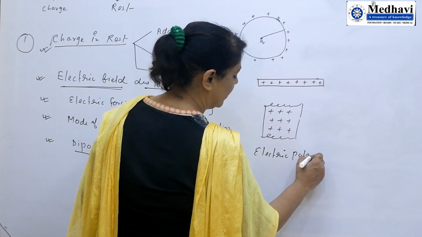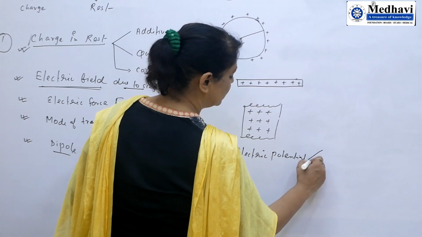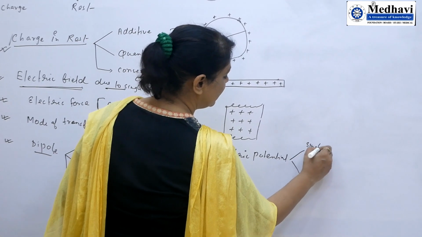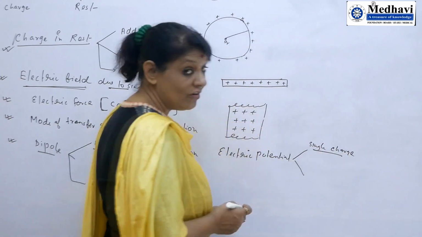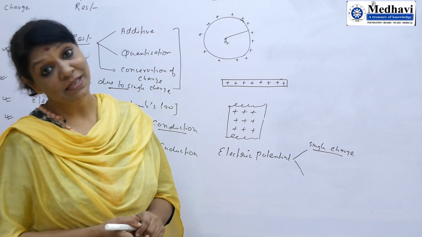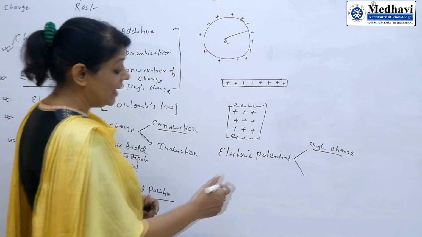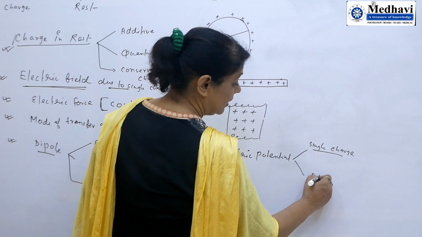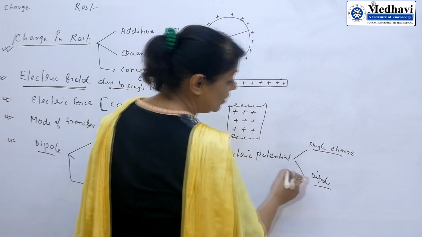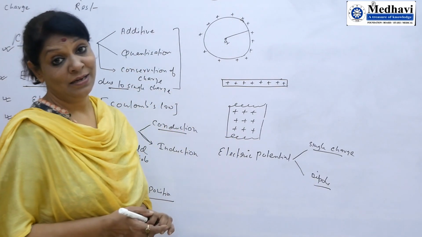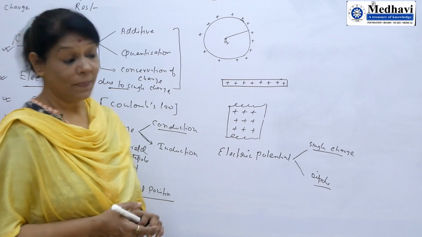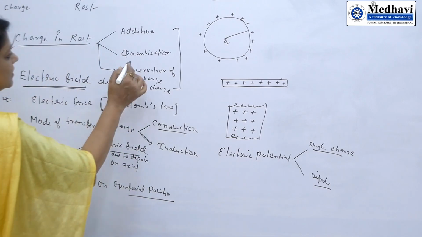Again we have to focus on electric potential due to a single charge. Very important. What will happen if we take a single charge? How will we derive the expression of electric potential? And second, electric potential due to a dipole. That is when two equal and opposite charges are taken. Then in this case, what will be the derivation of electric potential? So, from this point,